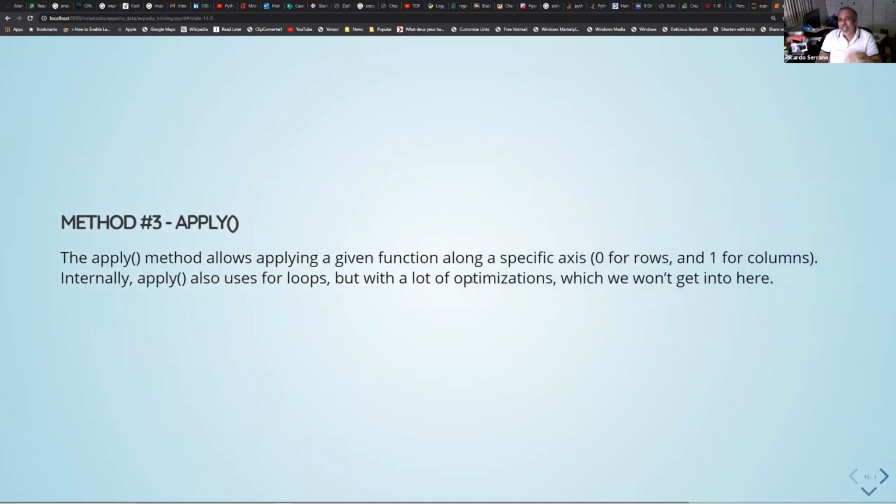The next method that we're going to do is using apply. Apply is a function within pandas, and it's optimized to do this kind of loops that we need to do. There's a new element here that you have to be aware of in apply, which is a parameter called axis. You have to define it depending on whether you apply the function to a row or to a column. In this case, because gross bookings USD is a column, we're going to apply it to a column. So let's see how we do this.